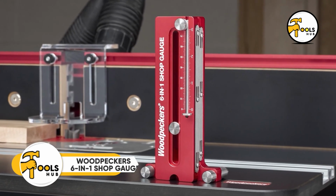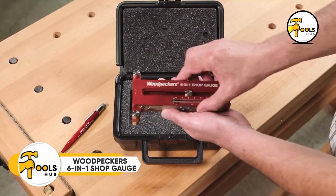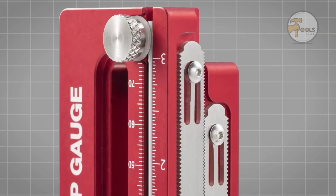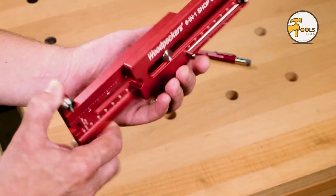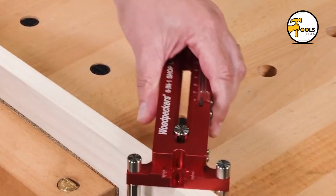Next, presenting the 6-in-1 Shop Gauge, a multifunctional and compact tool designed to enhance your woodworking experience. This innovative gauge features a pair of stainless steel gear rods that allow for precise adjustments at exact 1 mm intervals. Whether you are setting the depth of a dado blade or measuring with metric accuracy, the gear rods guarantee